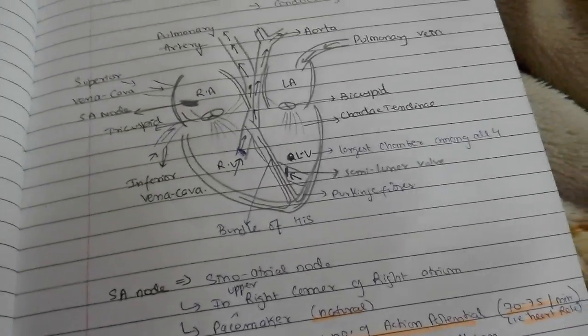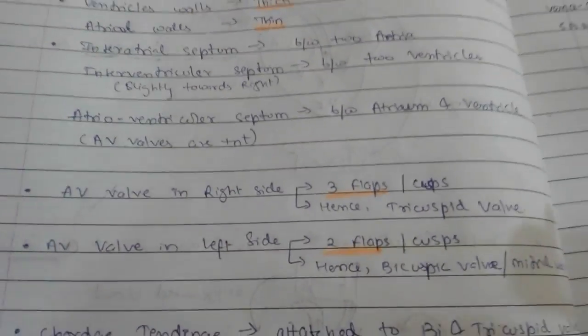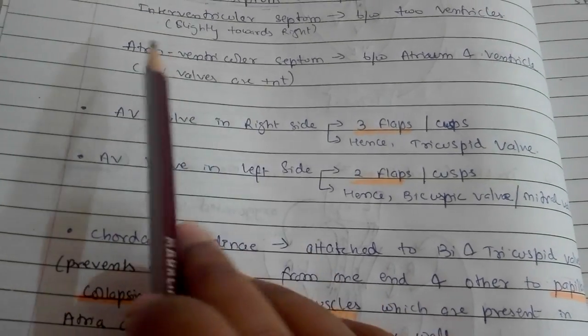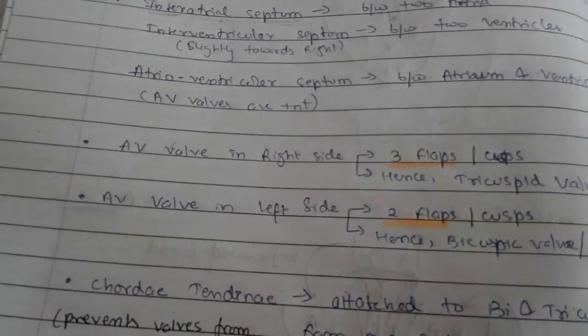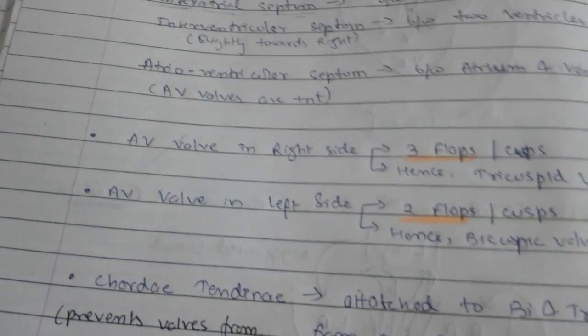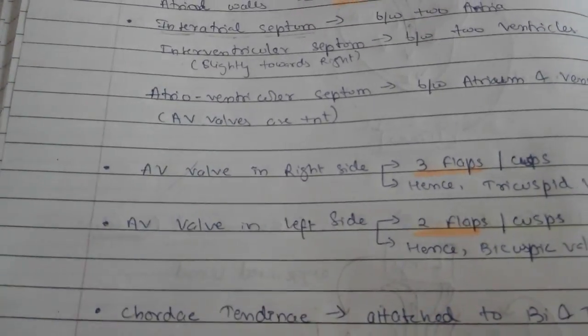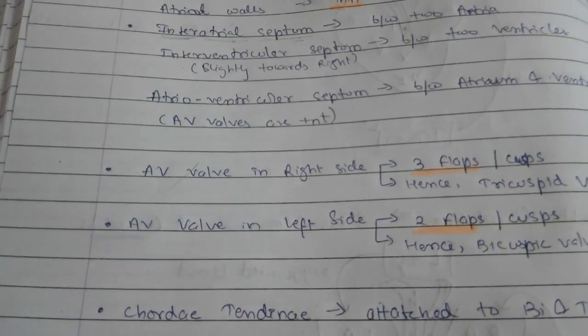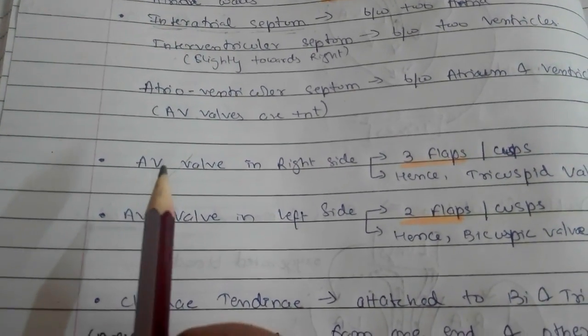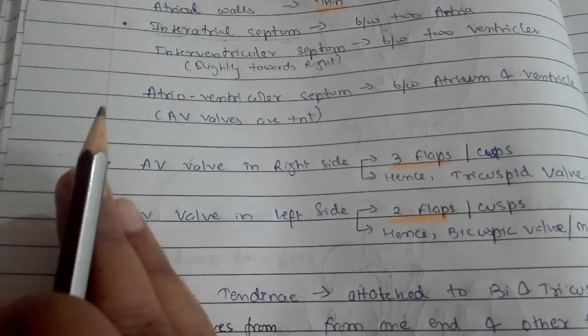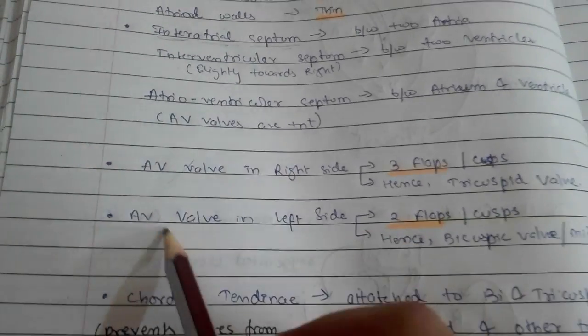Okay, now we'll see these all in this diagram, but first of all we'll study it all and then we'll see it all together. Now you need to know about the AV node. You have heard what the AV node is, right? But you don't know the meaning of it. It is obviously from the atrioventricular septum, very easy to understand and remember. Now there is an AV valve on the right side and an AV valve on the left side, present on both sides. Now when it is present on the right side, then it is of 3